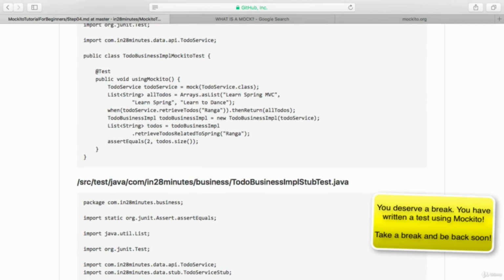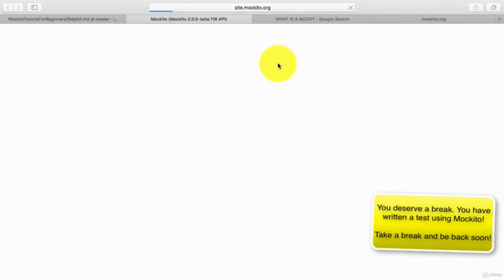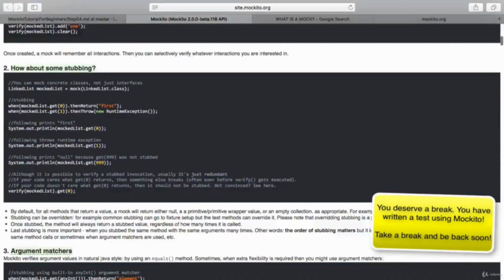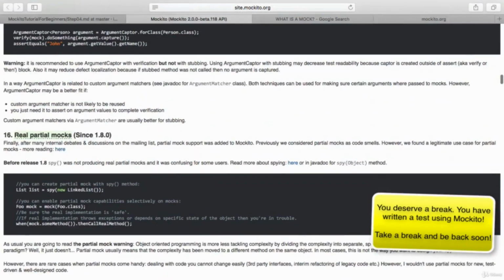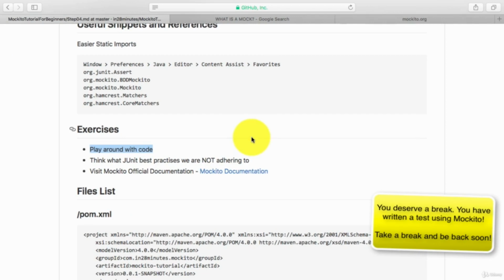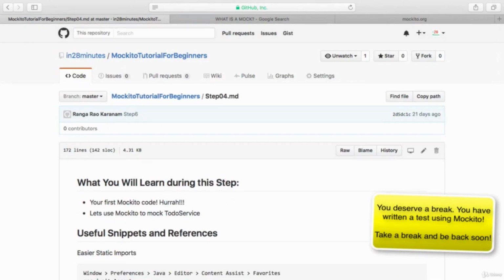So there were a few JUnit best practices that we were not following. Try and see if you would be able to identify them, and also make sure that you visit the Mockito official documentation. There is a link down here on the GitHub step 4 page which points to the latest Mockito documentation. There's a lot of stuff down here. If you are really interested, you can go down there and check what Mockito is all about. So those are the exercises for this particular step. Try and spend some time repeating these steps and do the exercises, and I will see you in the next